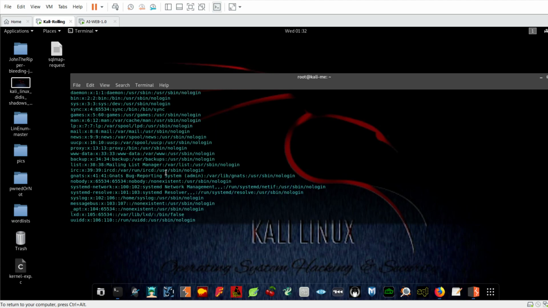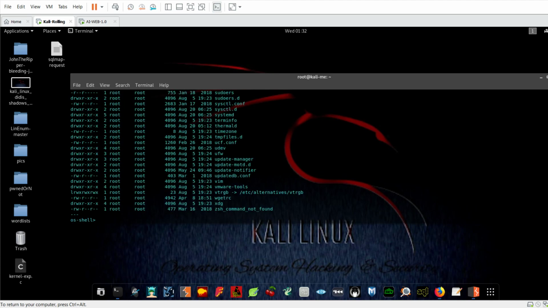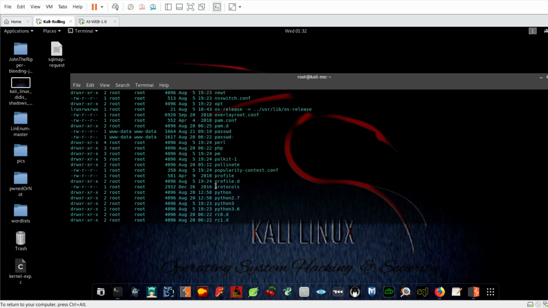Let's see, like this, and you can see the password file over here. As you can see, the password file could be writable. Oh, sorry, it is writable, as you can see, with the user www-data. So this user over here, which we are using right now under the limited shell, can write to this file,